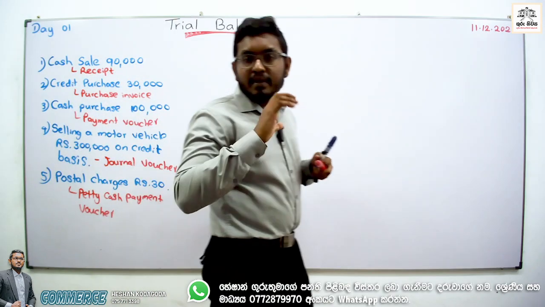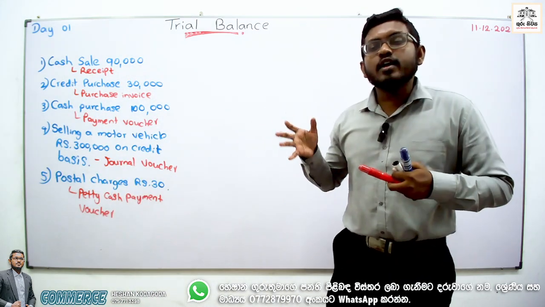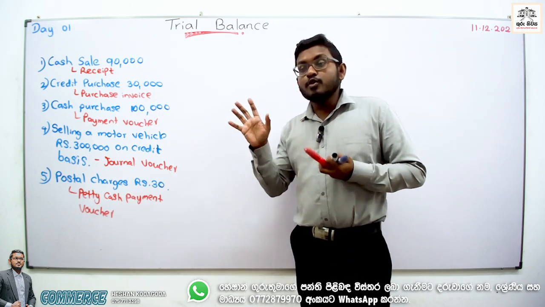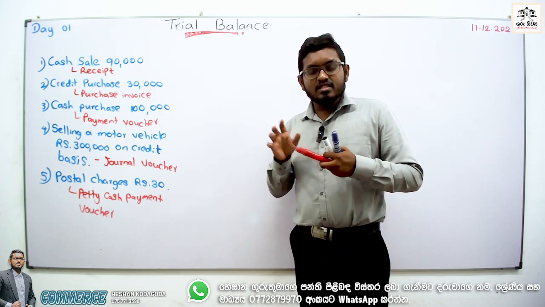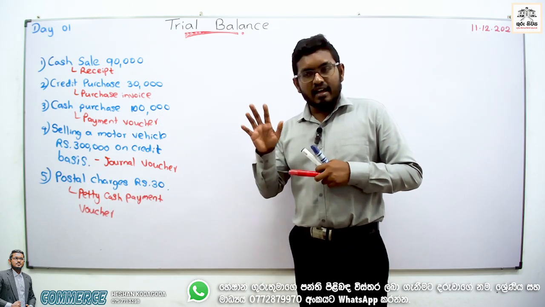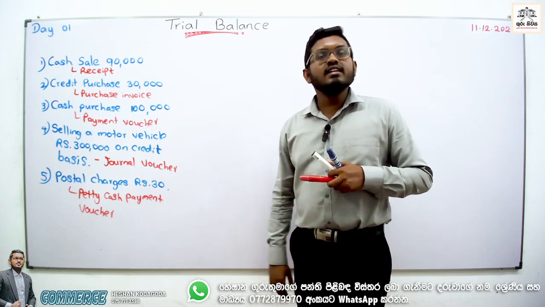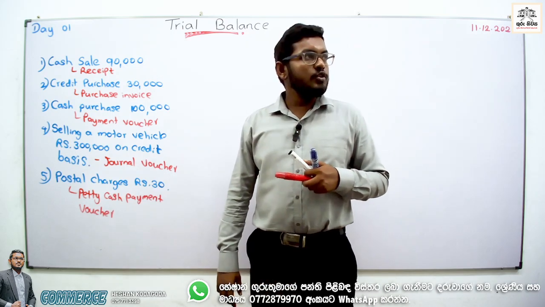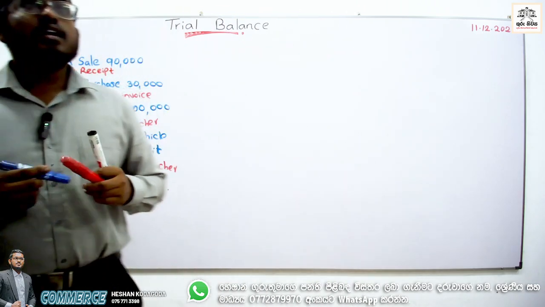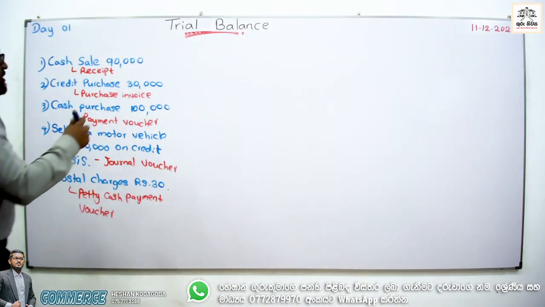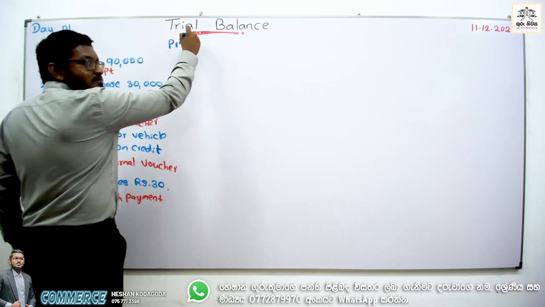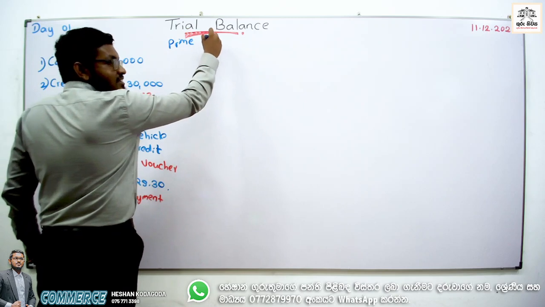After preparing source documents, we need to record each and every transaction in primary books. I'm not going to use the full format. I'm just going to prepare the T format, concerning the space. Is it clear to you guys? I'm going to prepare only the small primary book, the book of prime entry.